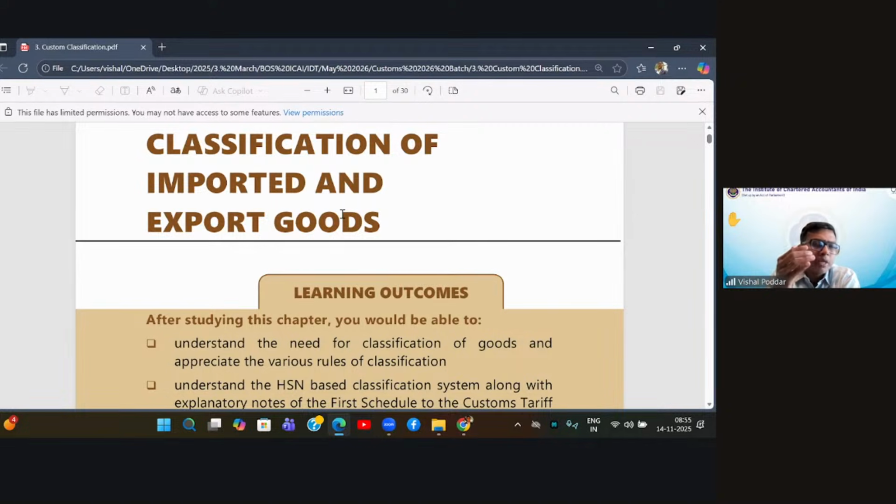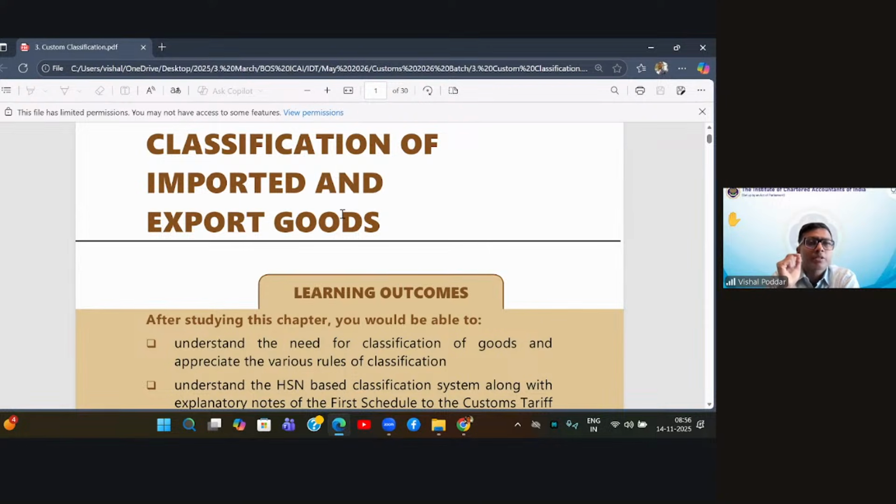But at the same time, this standardization brought a challenge. What is the challenge? The names which are used in the rate schedule to represent these lakhs of goods may not be the names which we use in our day to day life. Like we say chocolate, you will not find any single product named as chocolate. You will not find any single product named as pastry. You will not even find a product named as pen, not even a product named as mobile.